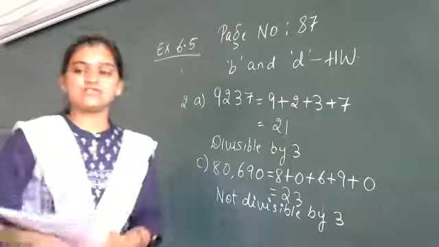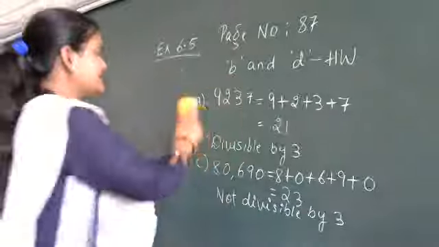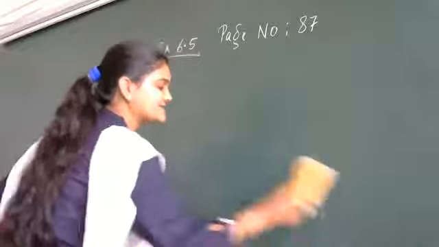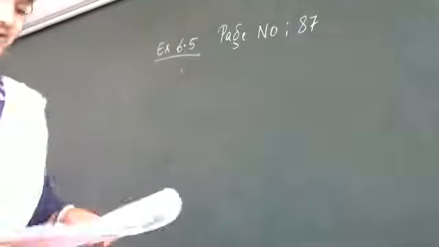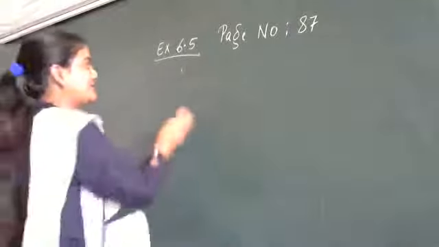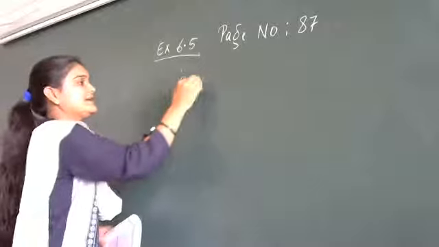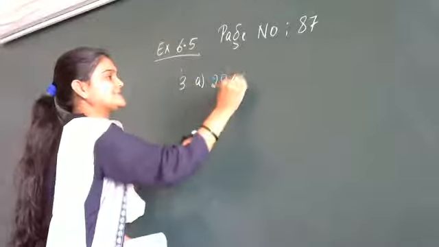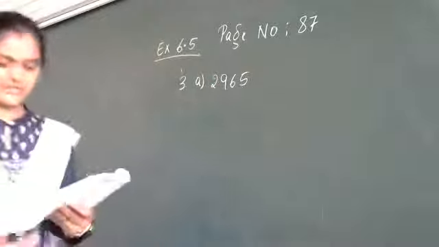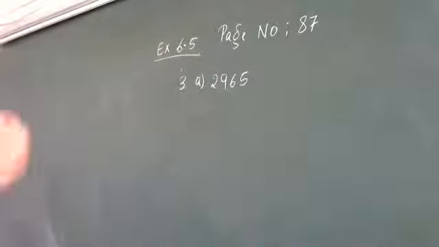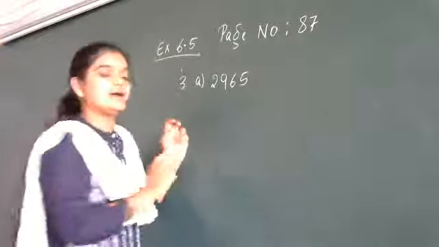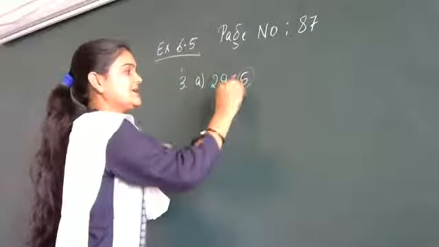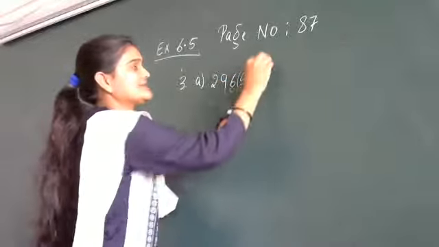Okay, come to the third question. Third question is you have to check all the numbers whether they are divisible by 5 and 10 or not. Each one number. See, third one. In that first one, 2965. Okay? See here. For the first one, we have to see whether it is